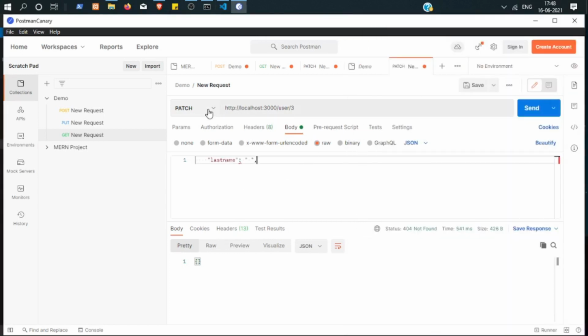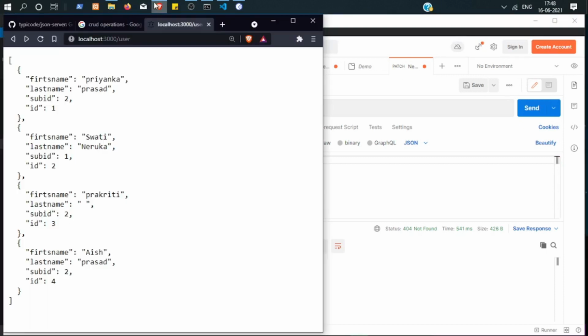Let's paste it and using the PATCH method, I will be editing this. Make sure you have these curly braces, and yes, this is good to go. Just edit this. Okay, now I'm sending this.